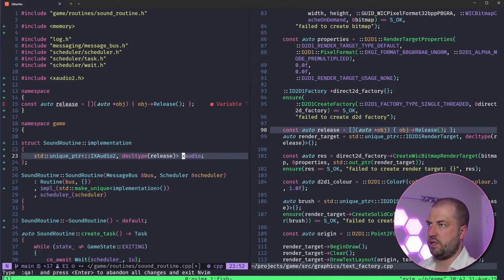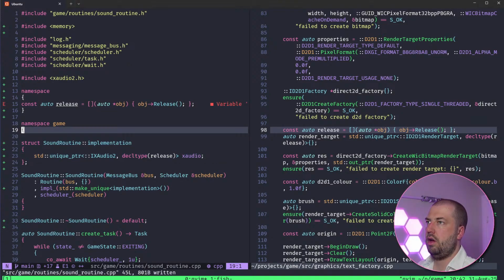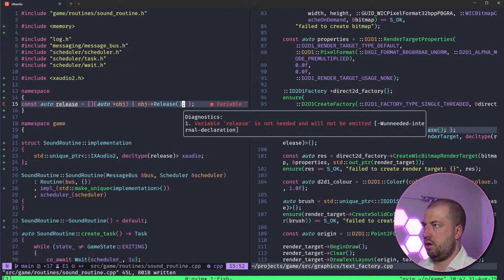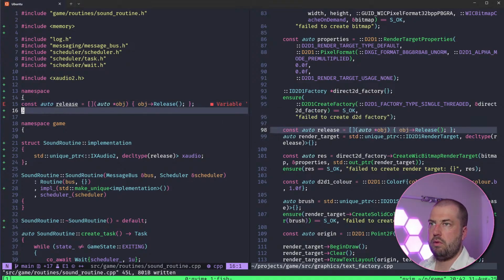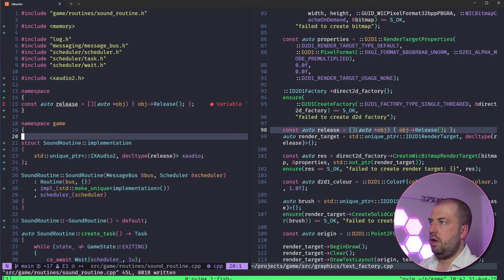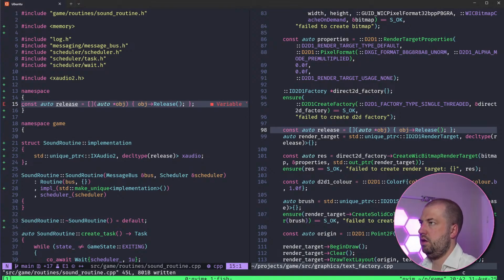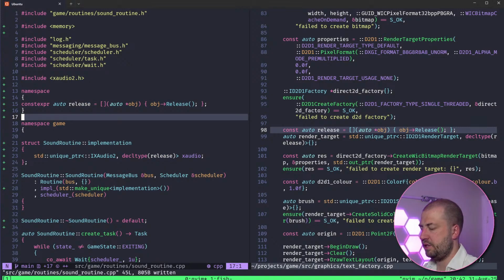I don't need a pointer to that anymore because it is in and of itself a smart pointer. There you go. Fix most things by just making them const, bro.